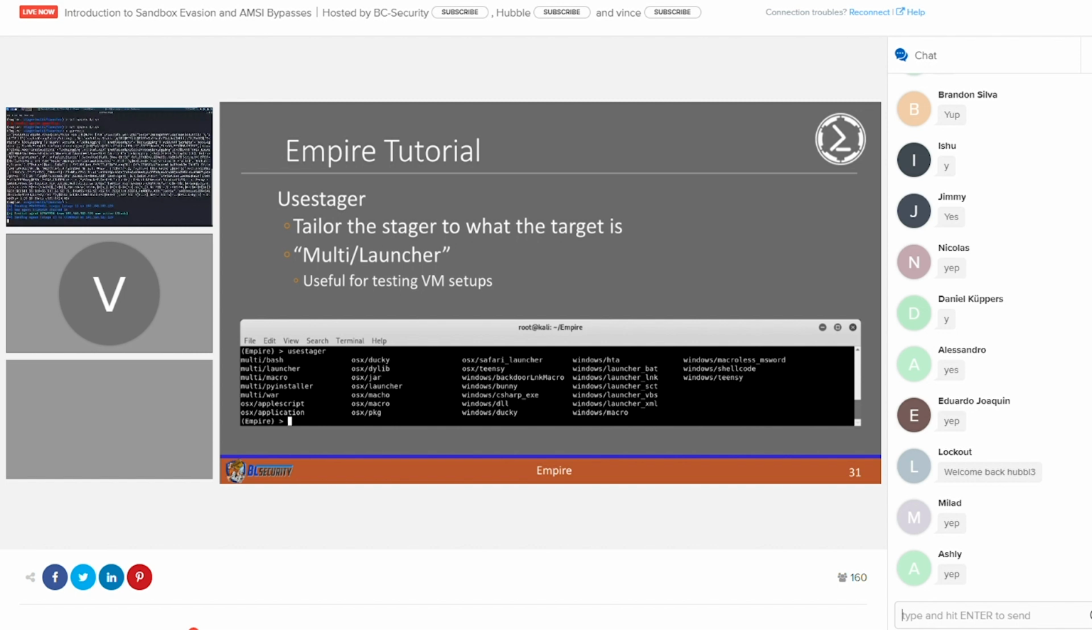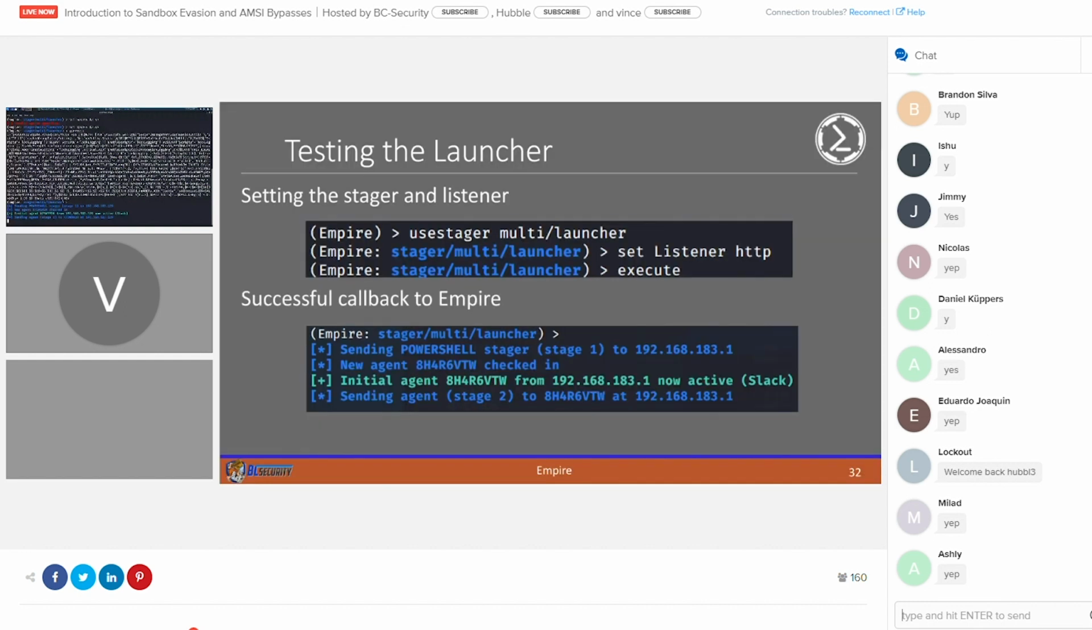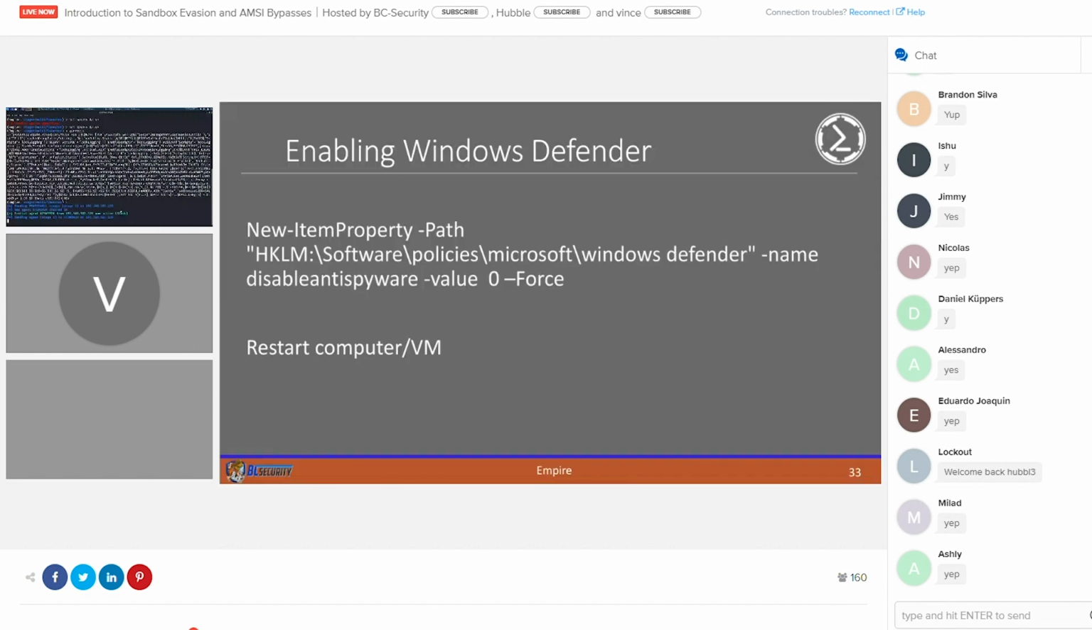The multi-launcher, as I don't know if I cut out where I cut out, is not super useful for engagements, but it is useful for testing the code that you're obfuscating, because the multi-launcher code is what is embedded into all the other modules. So it's just useful for testing things out when you're trying to figure out what is being caught and all that kind of stuff. So we got a successful callback, and so now we can go ahead and turn Defender back on,